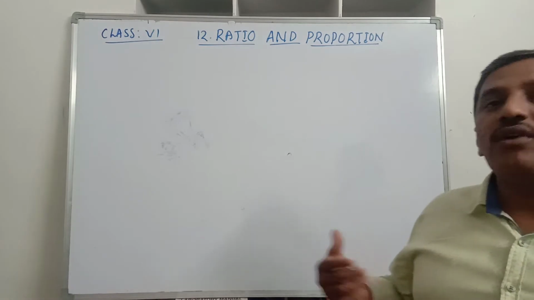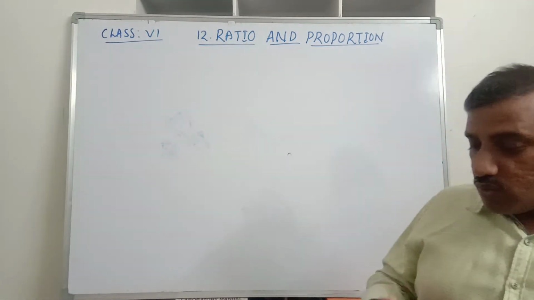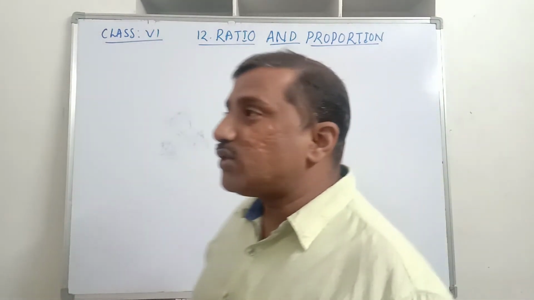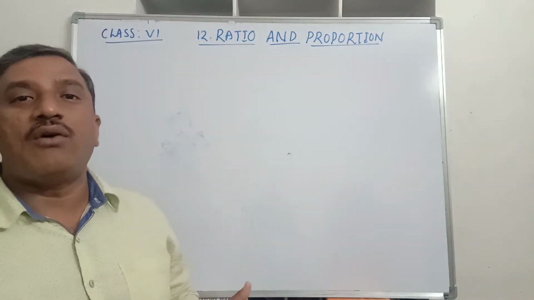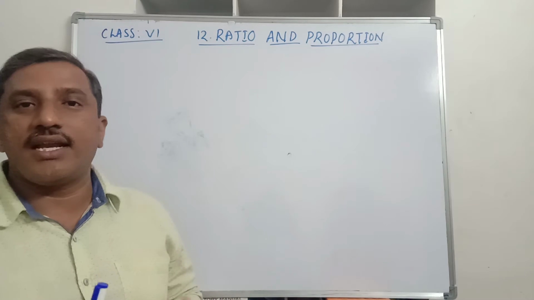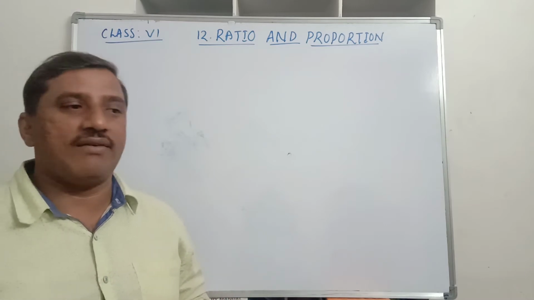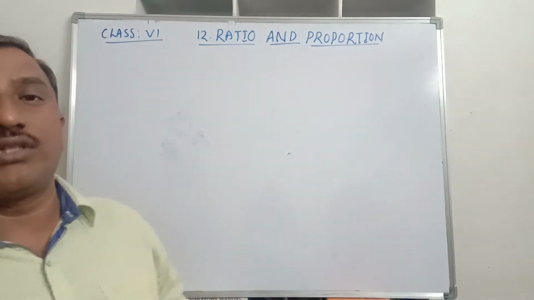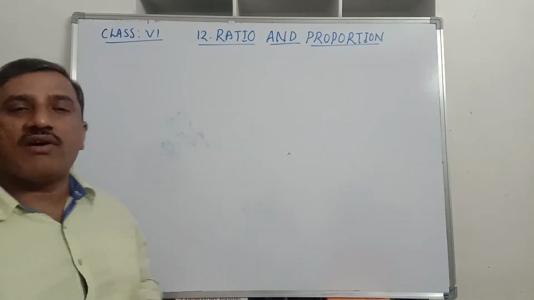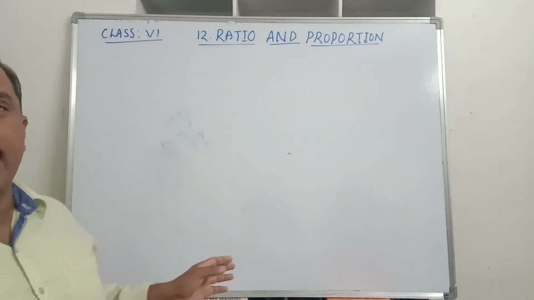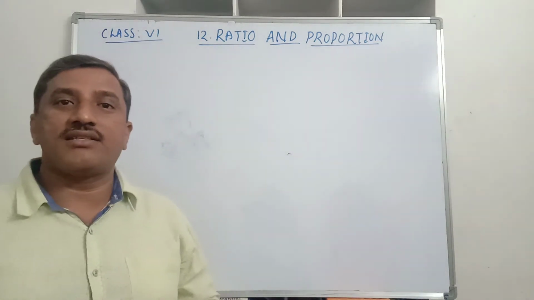Similarly proportion, what is proportion, then how to check whether the given values are in proportion or not, or out of 4 values in the proportion, 3 values are given, how to find the fourth term in the proportion. The last topic, which you are already familiar with from lower classes like 4th and 5th class, is the unitary